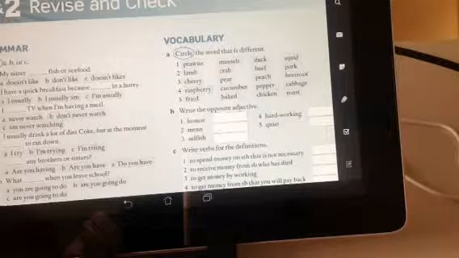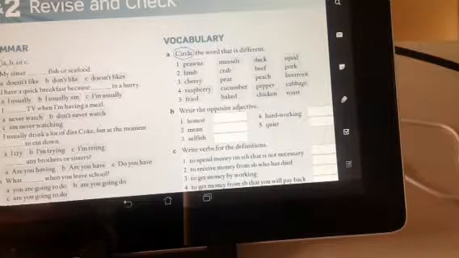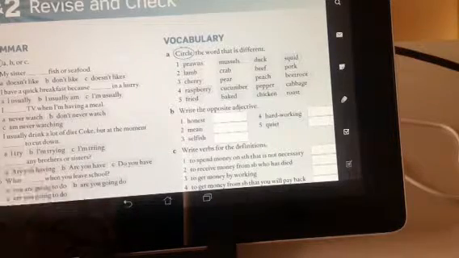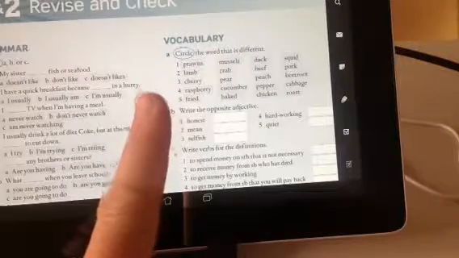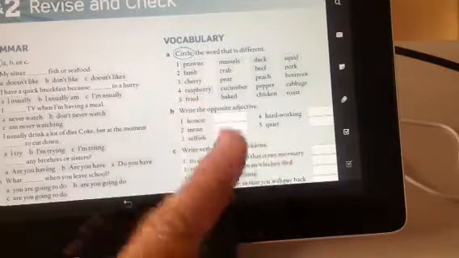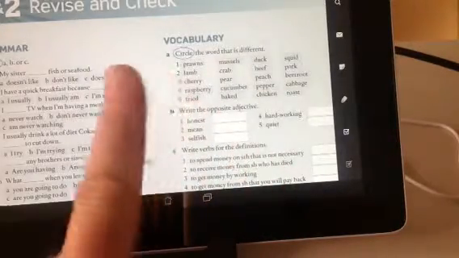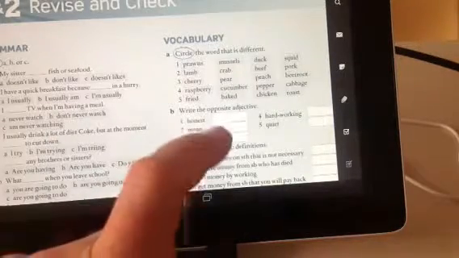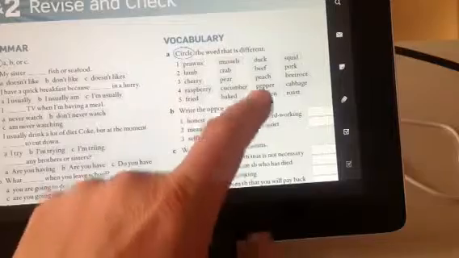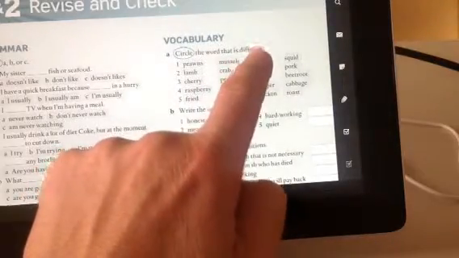In the second video, I'd like to introduce you to some of the other features of the tablet textbook. If this was a paper textbook, then questions like these would be answered by writing the answers in the spaces provided and circling as it says here. But because it is a tablet textbook, it gives you the interactive option of circling and answering by simply clicking